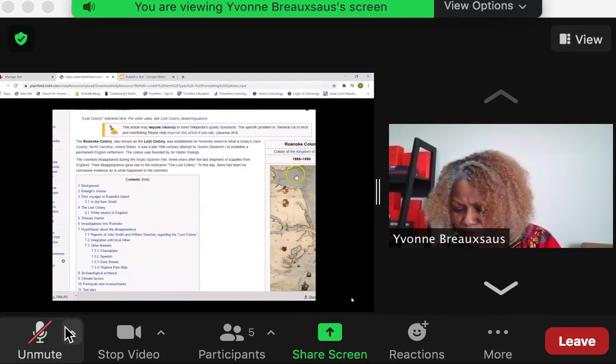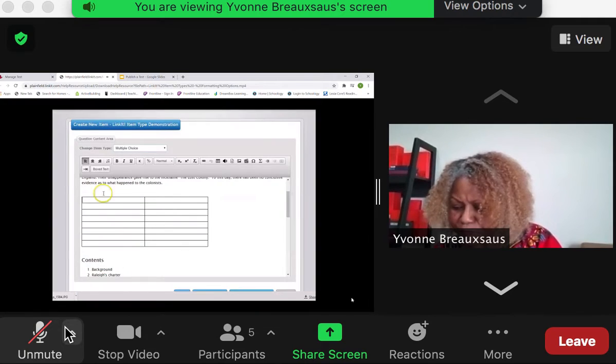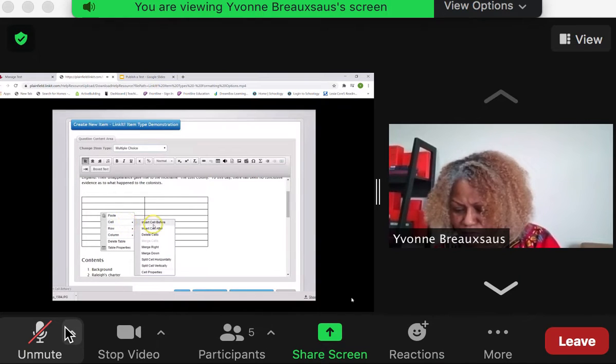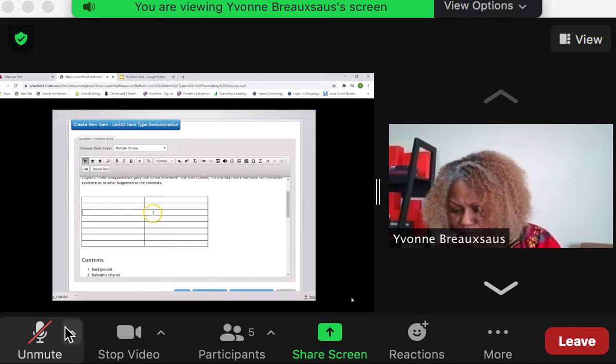Coming back over to here, I can see that the third row has an image in it, and it's really just one column. So on the third row here, I can right-click, and I might want to merge this to the right. So now I have one merged cell here, and what I'm going to want to do is insert an image. So I can click on the Insert Image option,